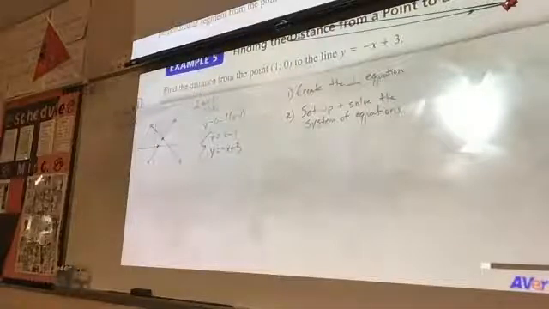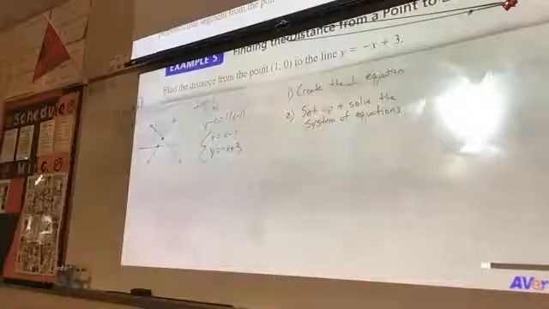Tell somebody what you did for that system. Make sure you got the same thing here. So x would be 2, so y equals 2. Yeah, so that's how there's 3 square root of 10. The distance from